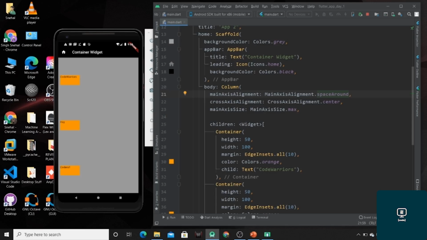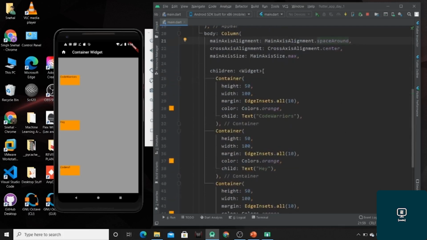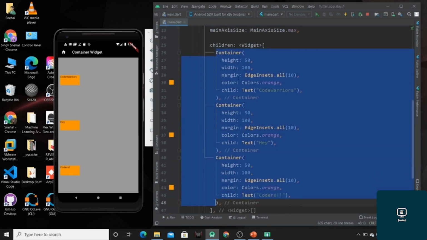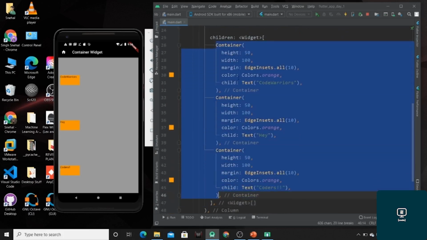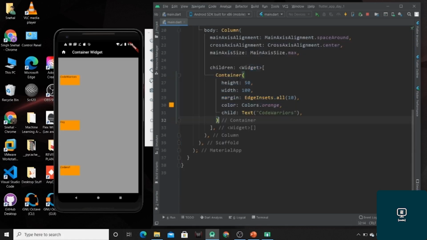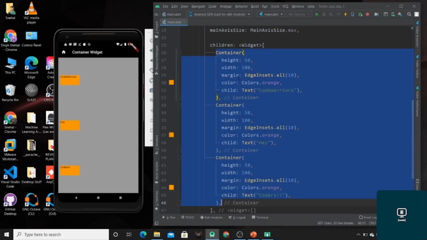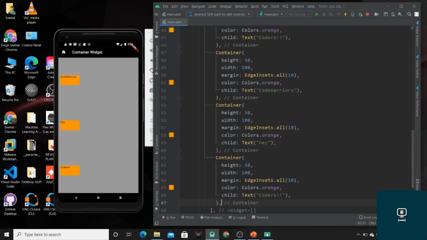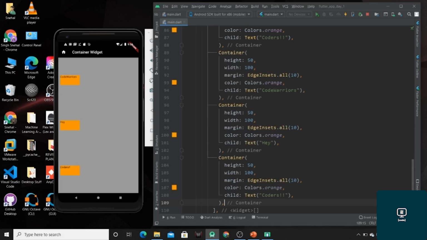Now the drawbacks of row and column widget are: first, the row widget in Flutter does not have horizontal scrolling. I have already mentioned that if you are specifying so many children which can't fit on a single screen, then as it is not having a scrollable property, we can't scroll it and check how many children we are having.